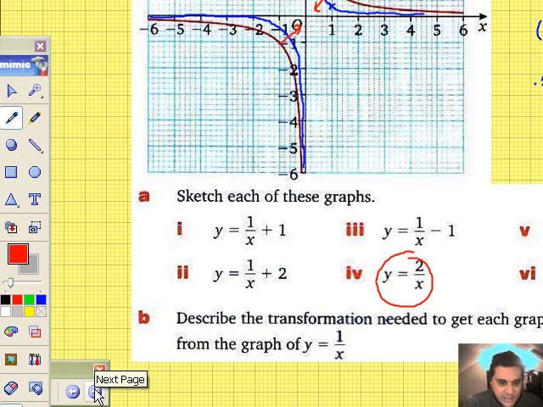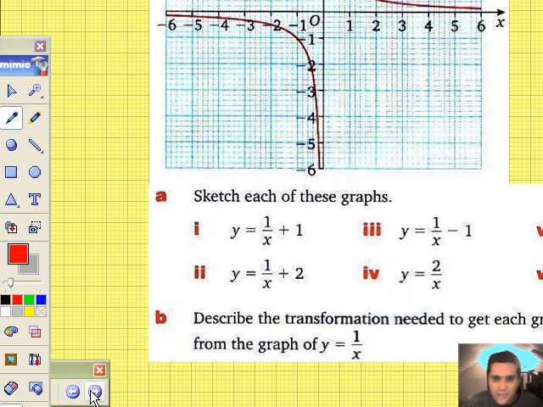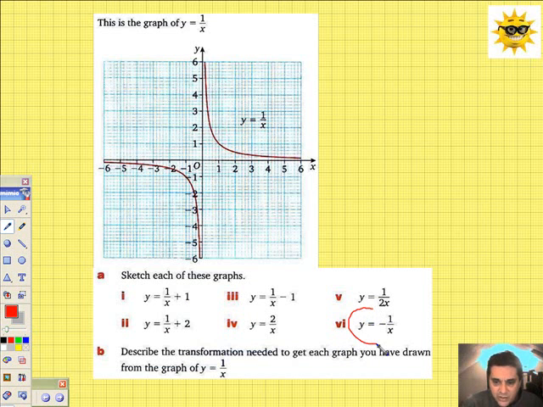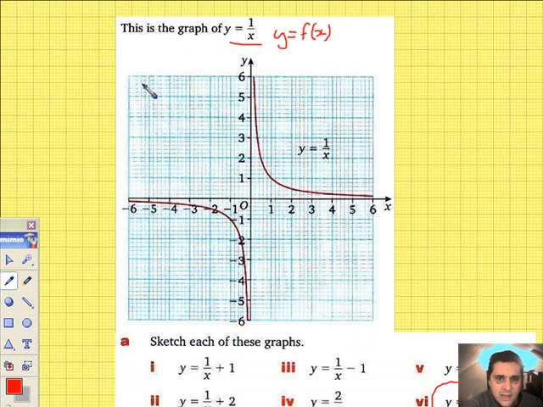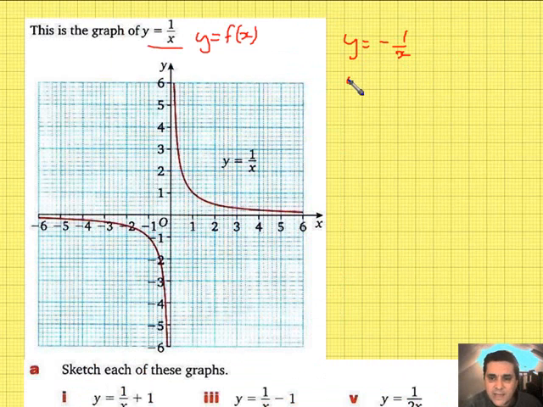And the last one is quite easy. Drawing it won't be brilliantly easy, but here we go. Just take a good look over here. That's the last one. Reiterating, this is the general function y equals f of x, defined as 1 over x. Here I've got y equals minus 1 over x. In other words, I've got y equals minus the function of x, and you may recall that means reflect